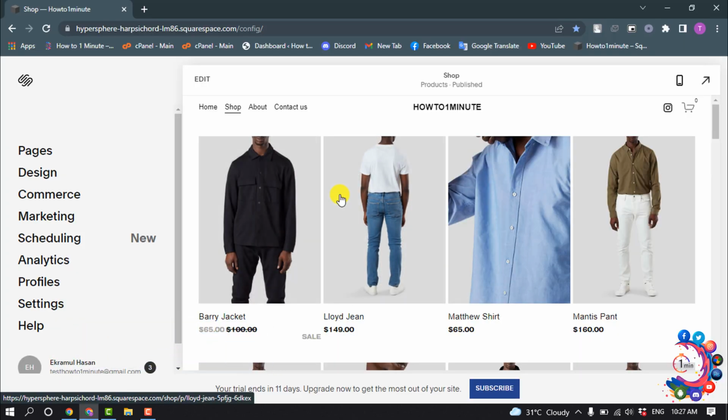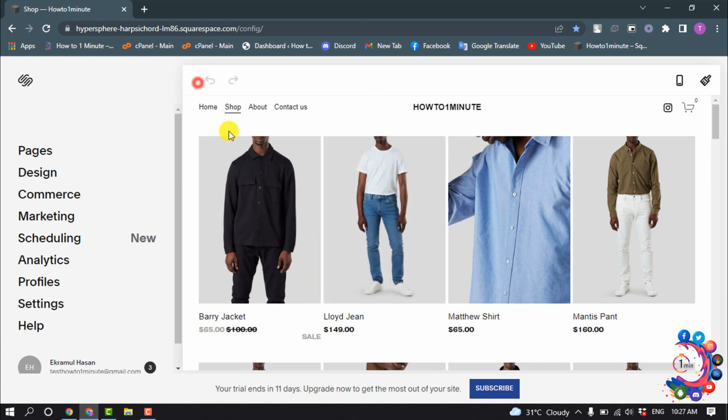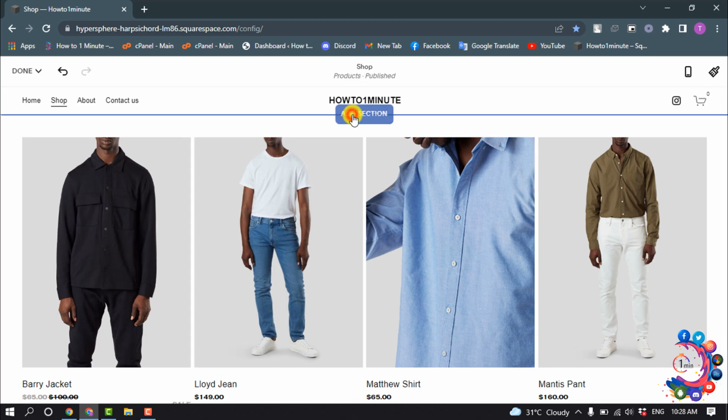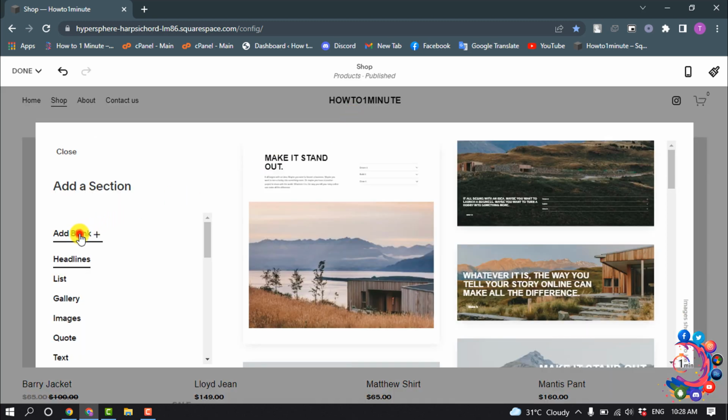So right now I'm going to be adding a search bar inside of my shop page. So I'm clicking on edit, and I'm clicking on add section, add blank,